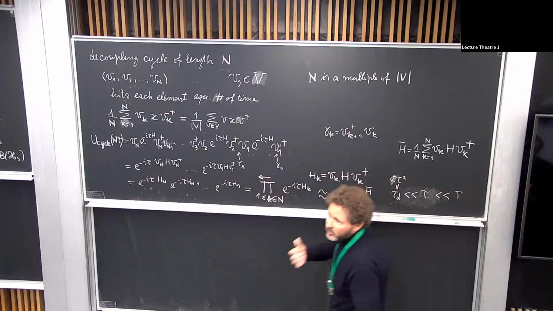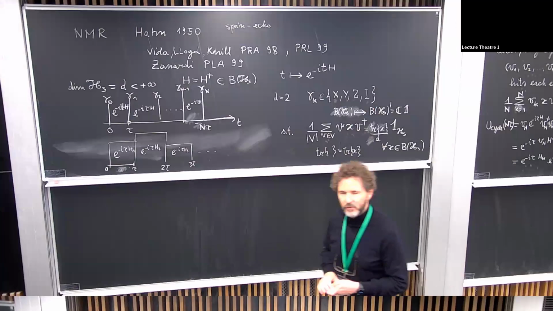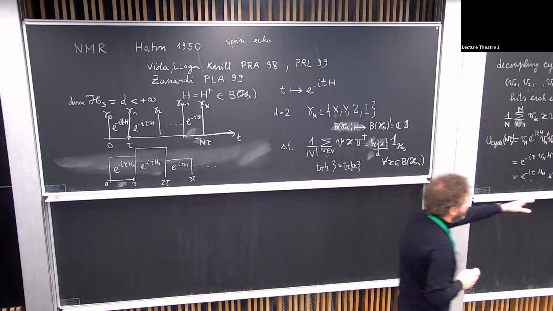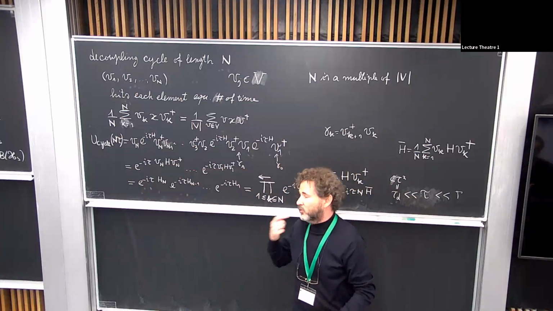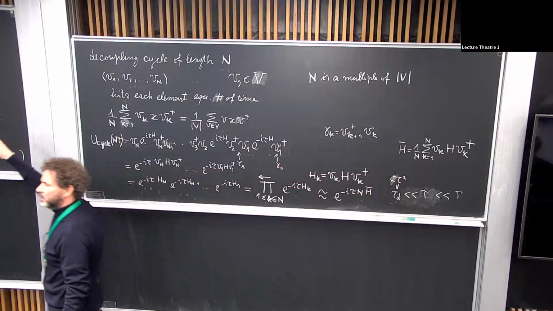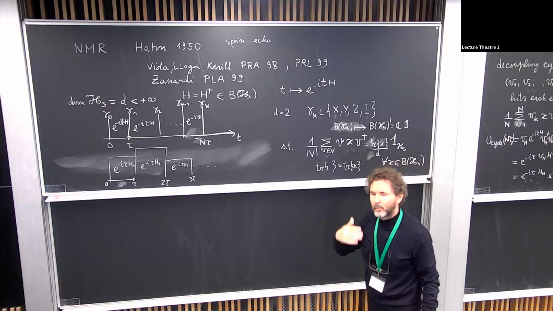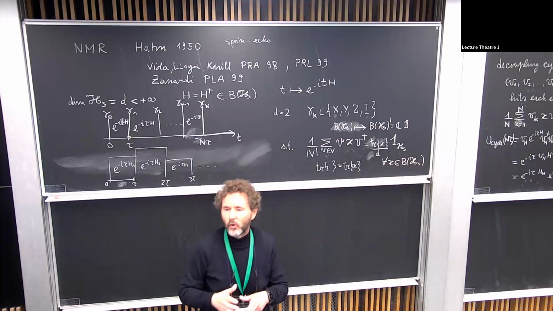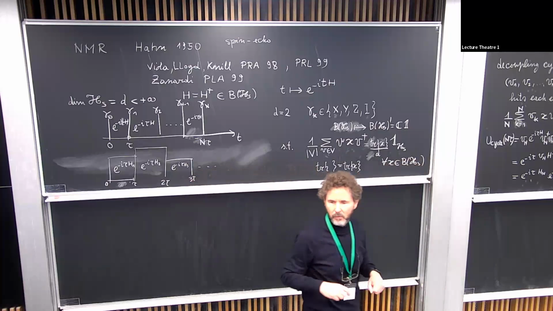Essentially, it depends on the physical situation you want to describe, but the pulses can be of the same order, the length of the pulses of tau. In such a case, on the other hand, we need additional condition. This is not enough. You need a decoupling cycle plus some additional condition. Essentially, you need what is called an Euler cycle. But if I have time, I will talk about it.